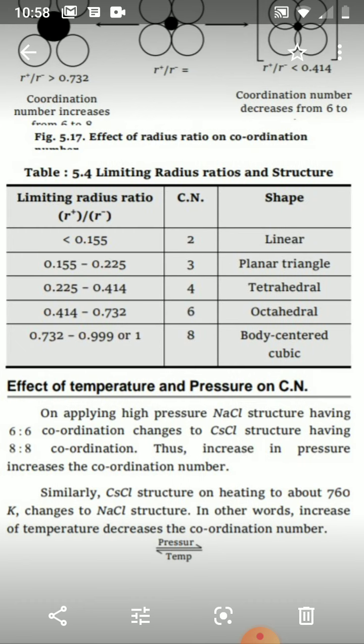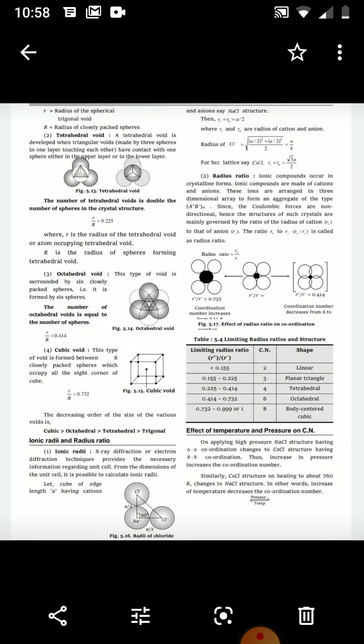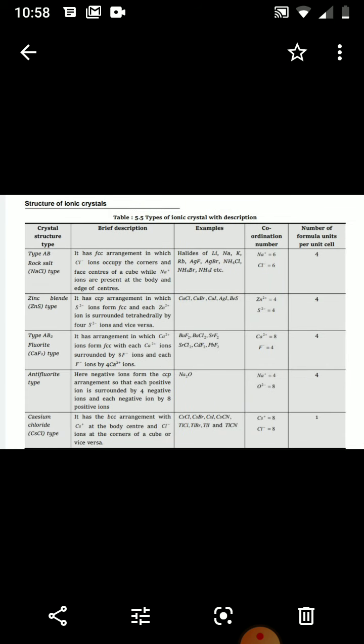In other words, we can say that by increasing temperature, the coordination number gets decreased. By heating the particles, vibrational energy increases, kinetic energy increases, they go far away from their attached particles. That's why the number of surrounding particles gets decreased, so the coordination number decreases. Okay. Now next point, that is